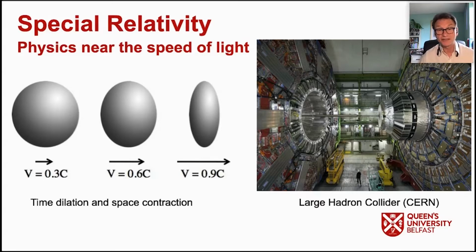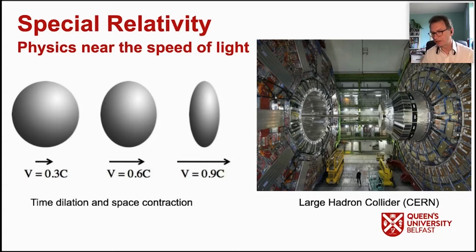On the right-hand side, we have a picture of the Large Hadron Collider, the largest machine we've ever made on Earth, 28 kilometers across, which we use to probe the very fundamental constituents of our universe by taking energy and converting it into new particles which we can then study. So all of this comes from special relativity, but all of this deals with motion that's kind of in a